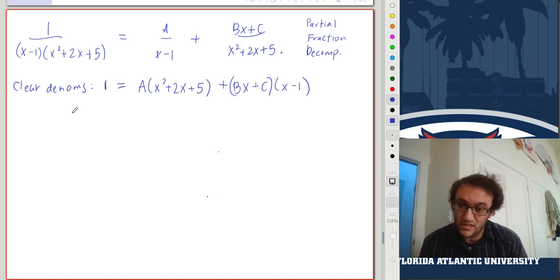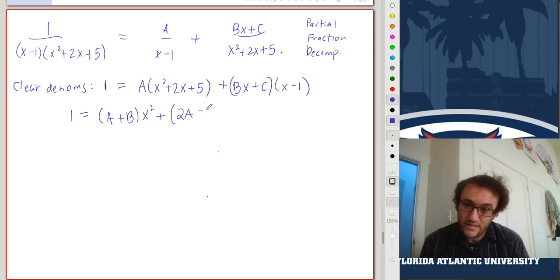Multiplying out and grouping like terms, we get a plus b times x squared, plus 2a minus b plus c times x, plus 5a minus c